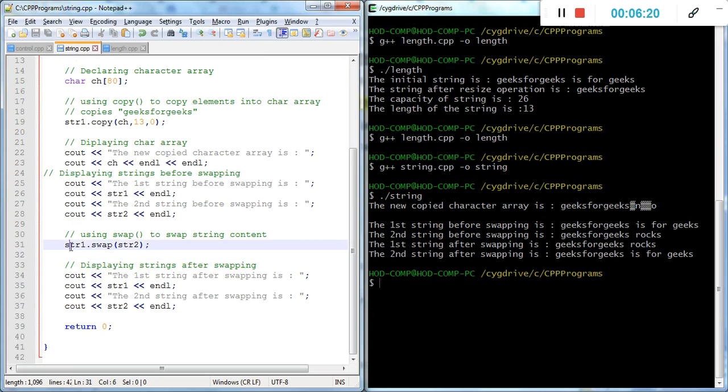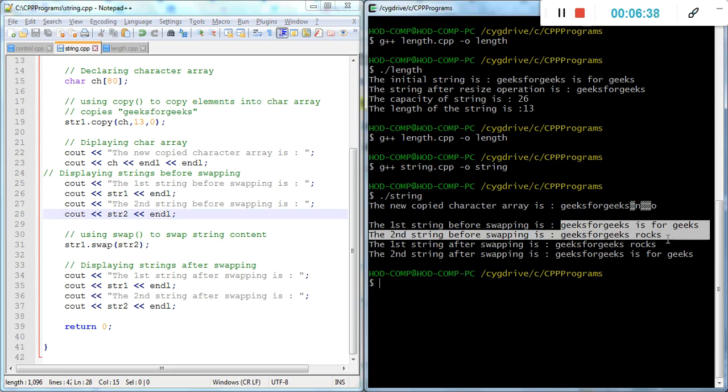Now we will apply the swap function: string 1 swap with string 2, meaning string 2 content is copied into string 1 and string 1 content is copied into string 2. When we print string 1 and string 2, it prints these two outputs.